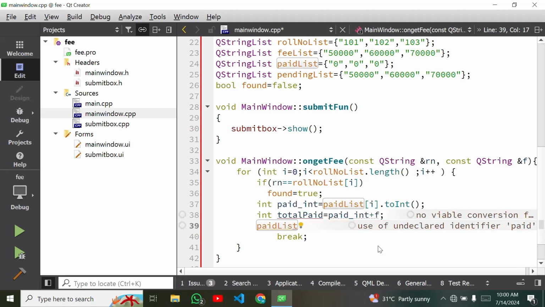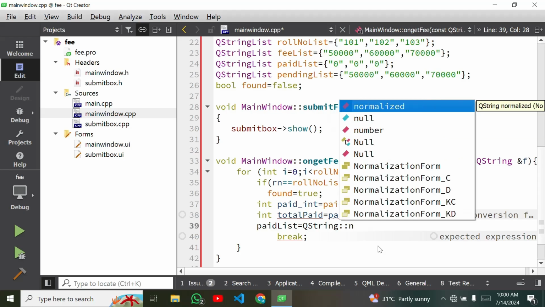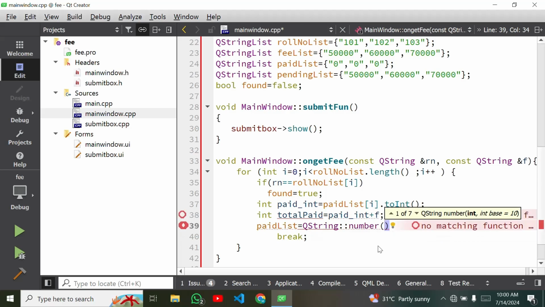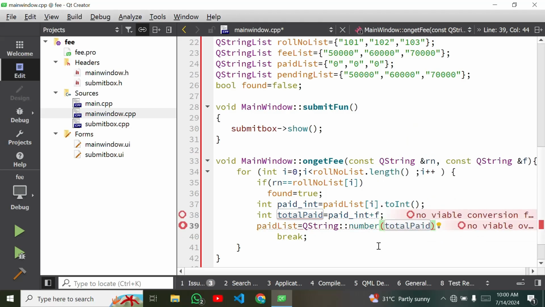So this is the paid list, and we have to assign it the new value that exists in our total paid. Sorry, first we have to convert it into a string. So Q string and scope operator, and then the previous type of this variable, that is number. And now I have to define the name of this variable, that is total paid. Now it will be converted into a string,